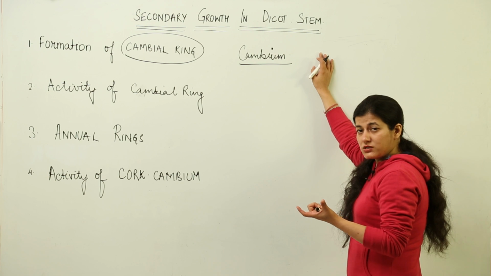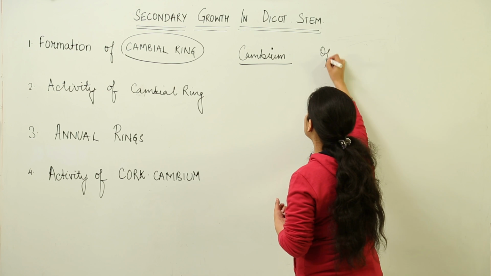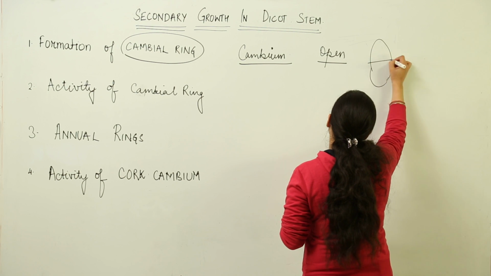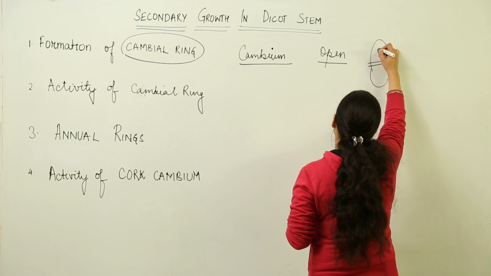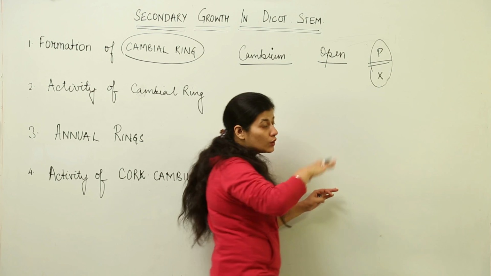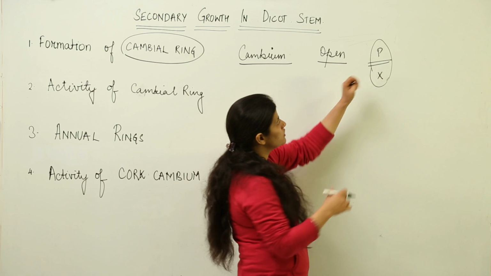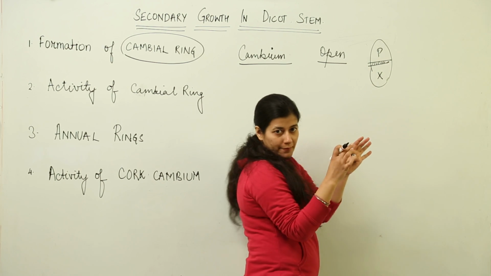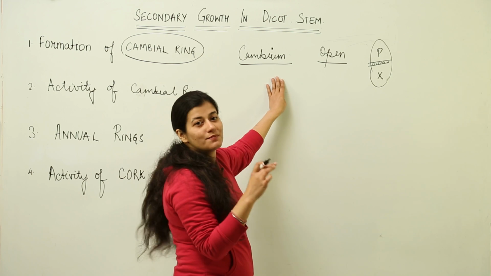The vascular bundles were called open because there was presence of cambium in between them. If I have to represent it roughly, this upper part happened to be phloem, the lower one was xylem. In this way, in between we had a patch of cambium,